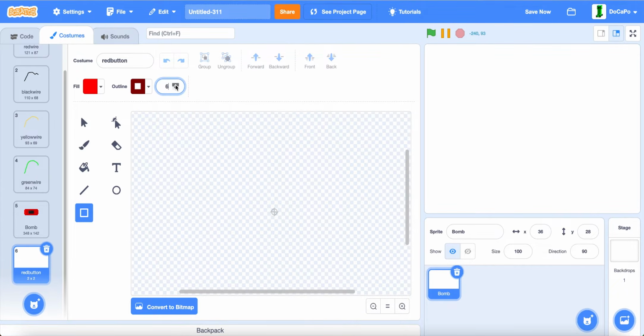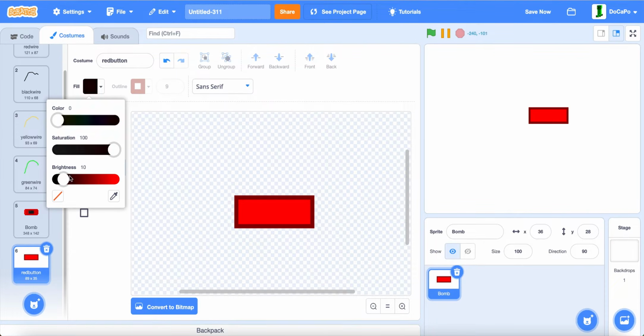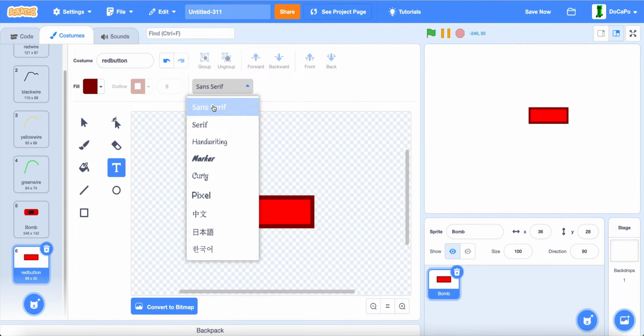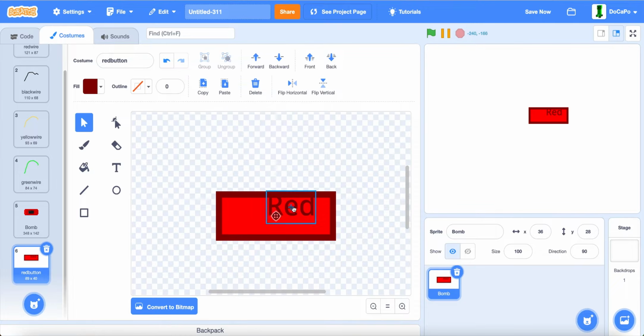Now, create a rectangle like this and make it a good size. Then use the text tool and make the fill a more darker red, or the outline of the rectangle color, and you can use any font you want. Type in red,